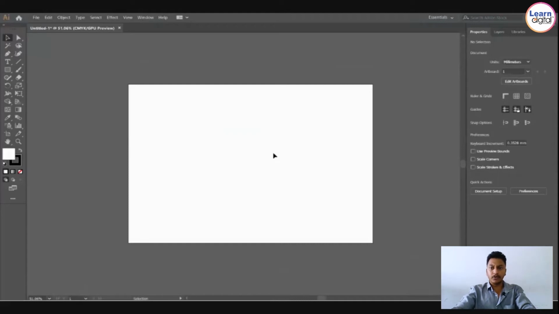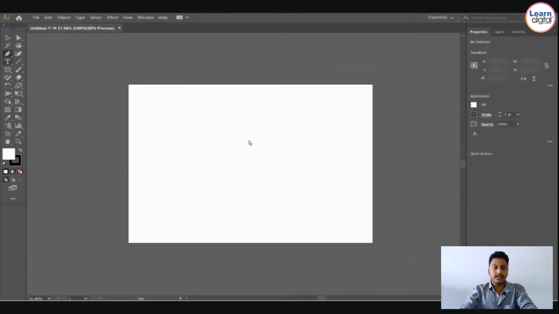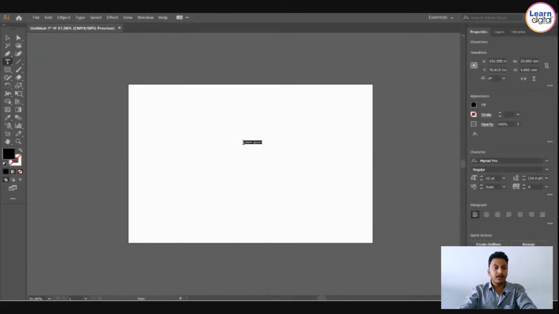So initially, your logo design completely depends on your concept or what kind of product you need. So currently, I have one concept in my head. I'm working on that. So I need a letter G. So that's why, with the help of the type tool, you can use a font. You have n number of fonts. You can experiment with what kind of font you need. So just check the fonts. So I'm happy with this font.